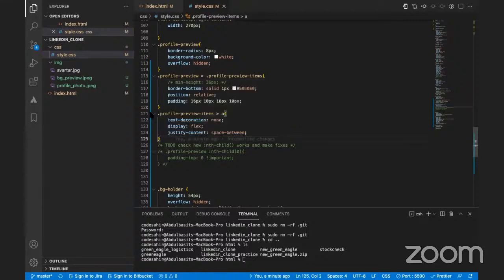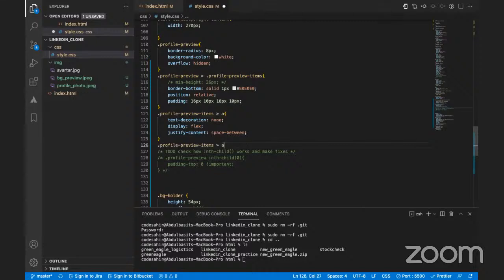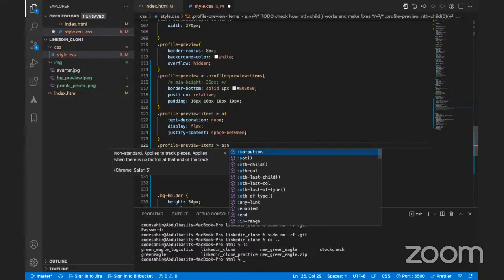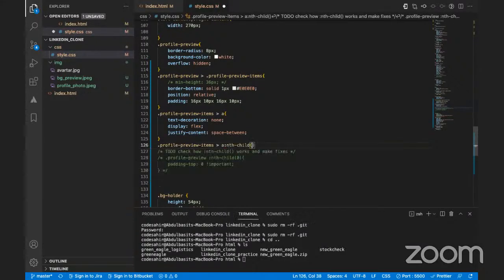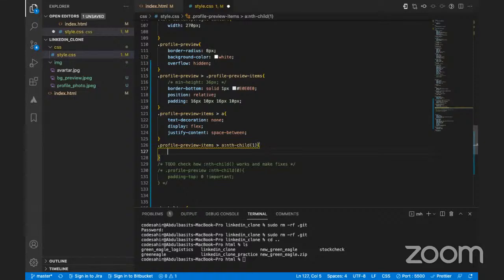we have to do this again. Copy. Then the nth child. So the second one. Counting in programming starts from 0, not from 1. I would explain that when we start JavaScript properly. So the nth child, which is 1,